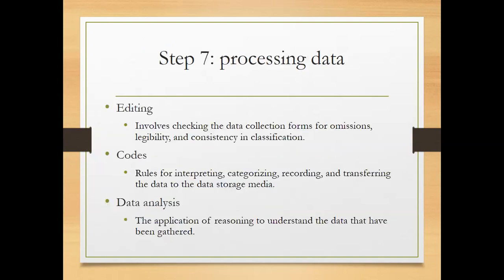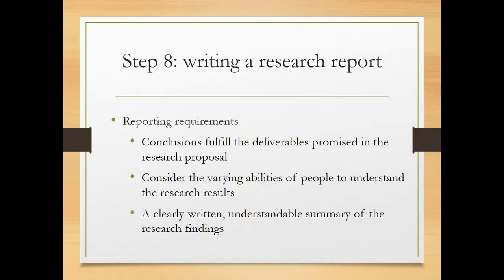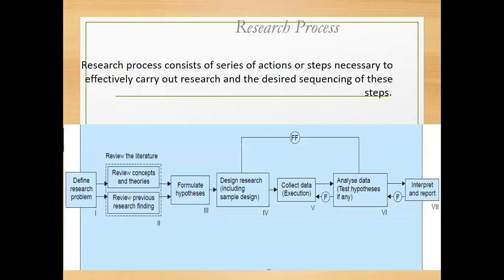Then the seventh step is that you process the data, you edit the data into a more meaningful form, then you categorize them, you quote them, then you may develop themes from them. If it's quantitative research, you enter them into SPSS or any other software, and then you run regression or any other test, and then you find the results. Once you get the results, finally you write your research report. Your research report will have different chapters with the findings, the conclusions, and the summary of everything that you have done.